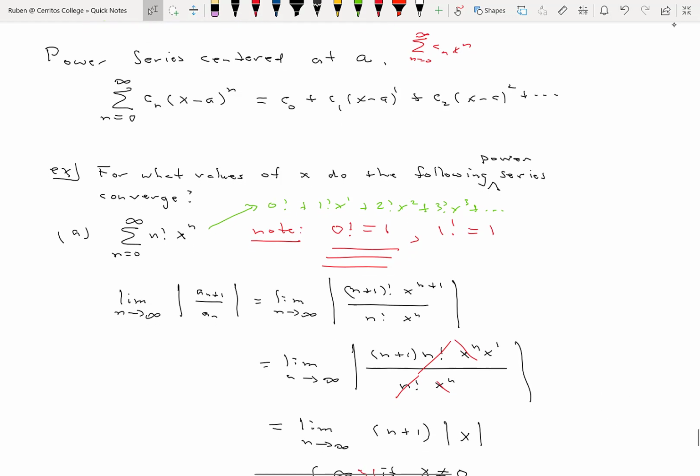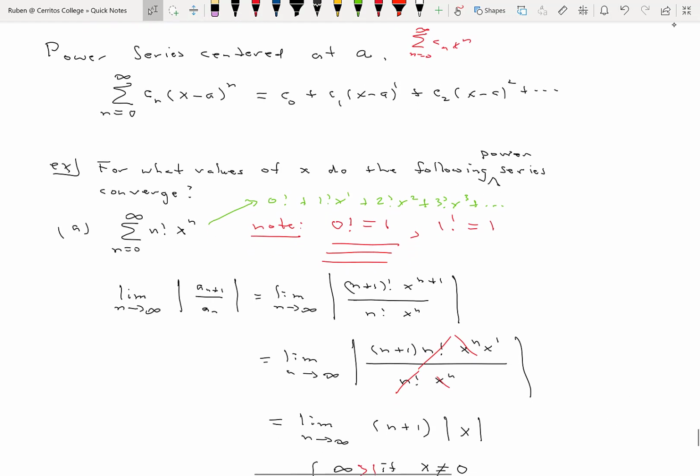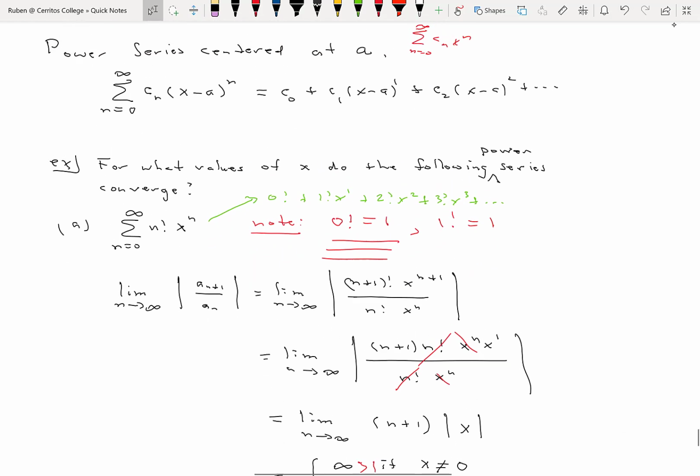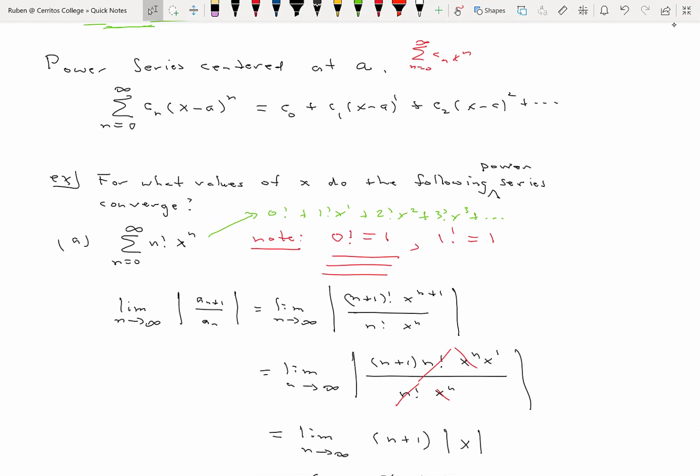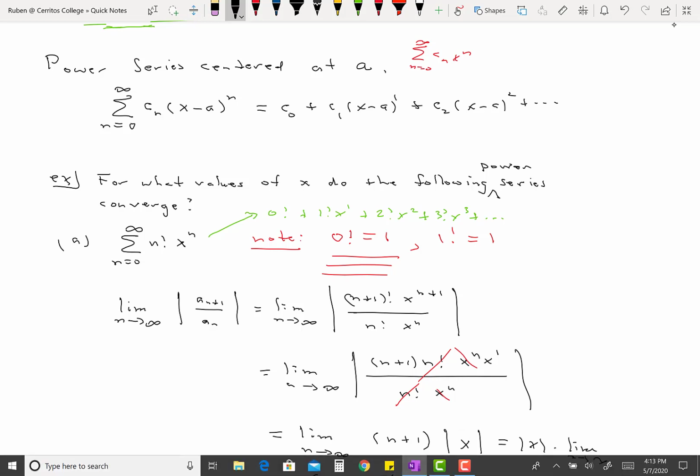So we can factor out the absolute value of x and write this as the absolute value of x times the limit as n approaches infinity